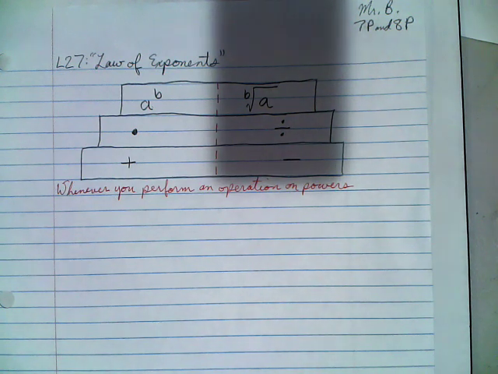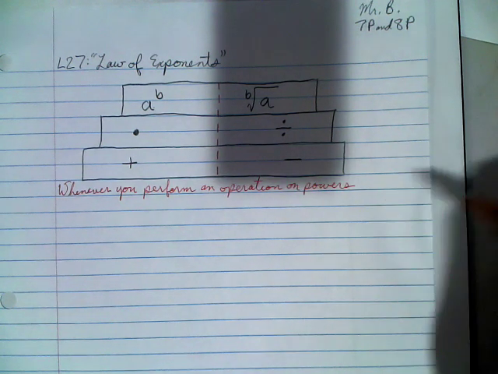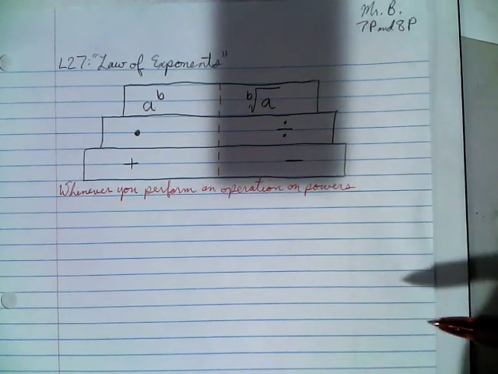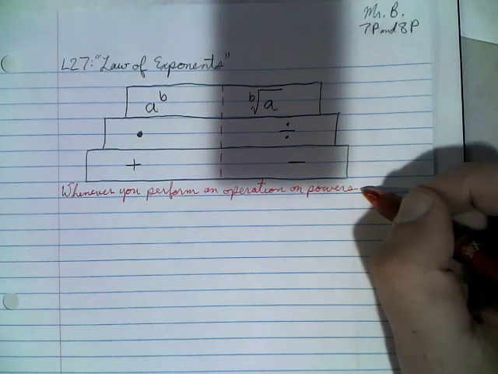So x to the 5th power, that would be a power. So whenever you perform an operation on powers, so like we multiply powers, we do a power to a power, we divide powers, comma,